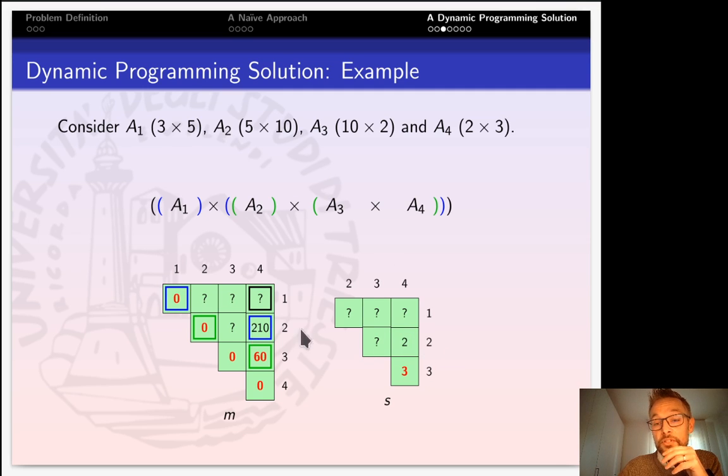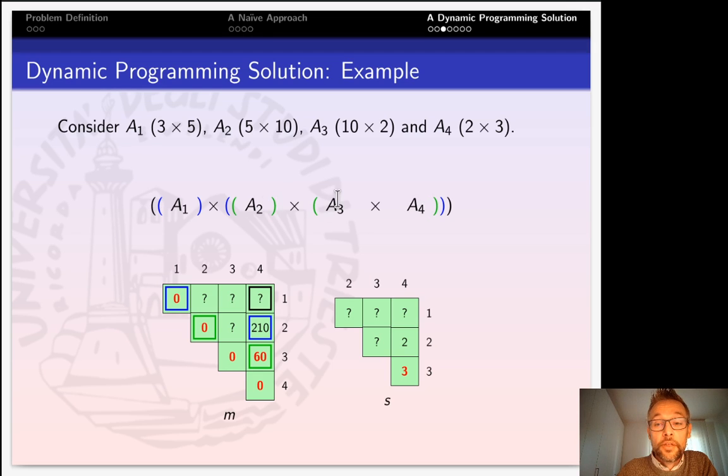Now, why are these two numbers not in bold? Well, the point is that they are not a final result. This is not a final result because I only tested this value for k, but of course there may be a different parenthesization which may be better than the one we just tested. So for this sub-problem,